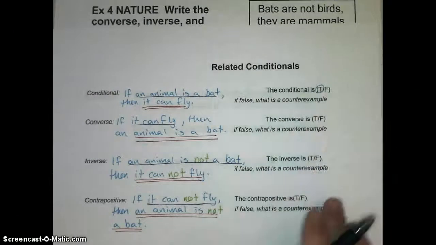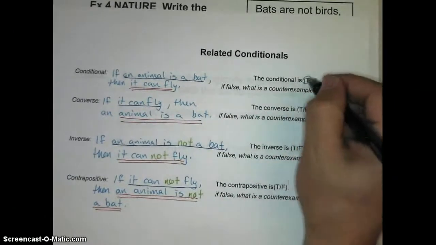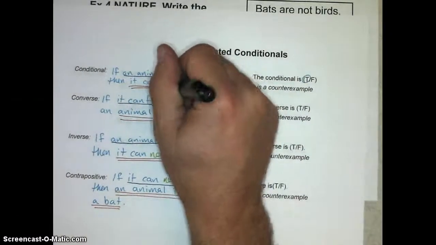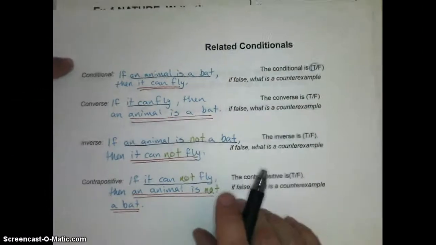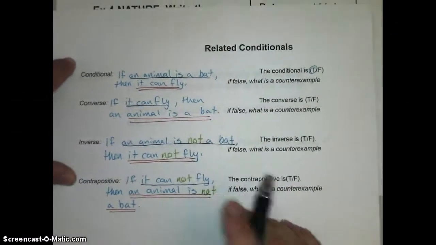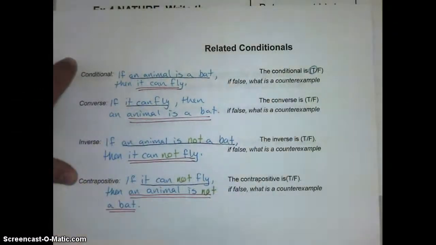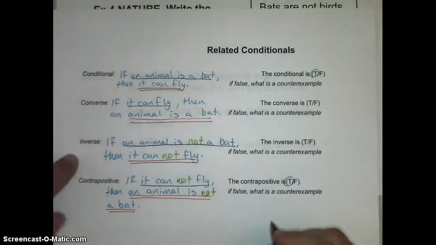Now, we remember that our original conditional statement was true. If an animal is a bat, then it can fly. Remember, conditionals and their contrapositives are logically equivalent, so I automatically know that the contrapositive is a true statement. Converses and inverses are logically equivalent